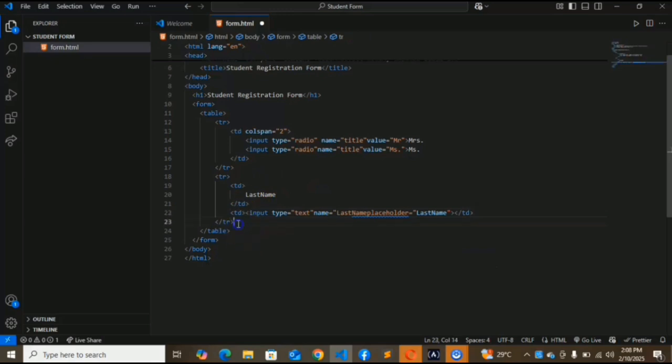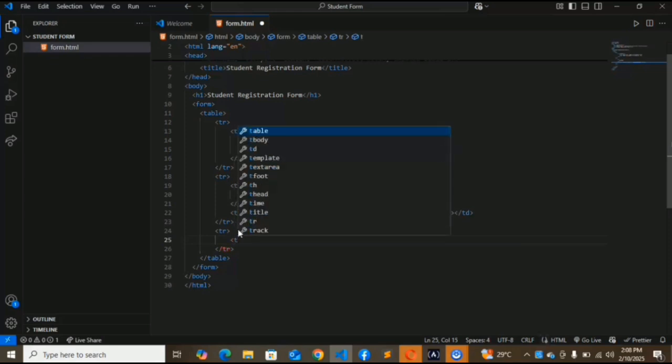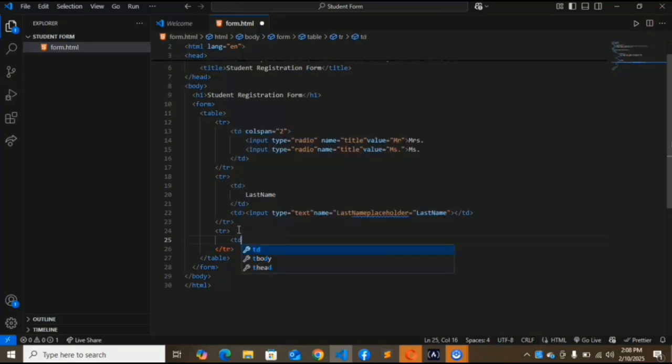So we are going to create another table row whereby we are going to have the table data. We are going to have the table data tag. Automatically the closing tag will come. So we are going to put mail address 1, as it was in the question, mail address 1. They wanted mail address 1, and we are going to